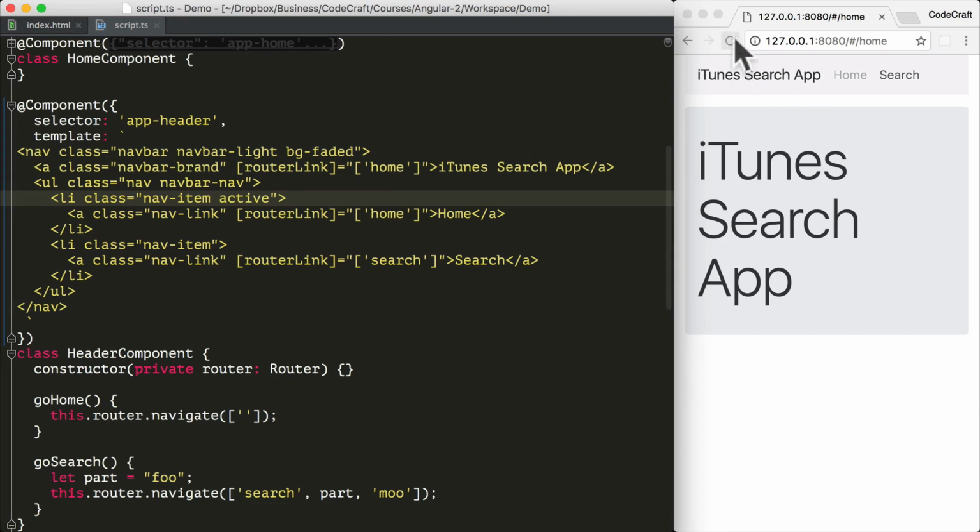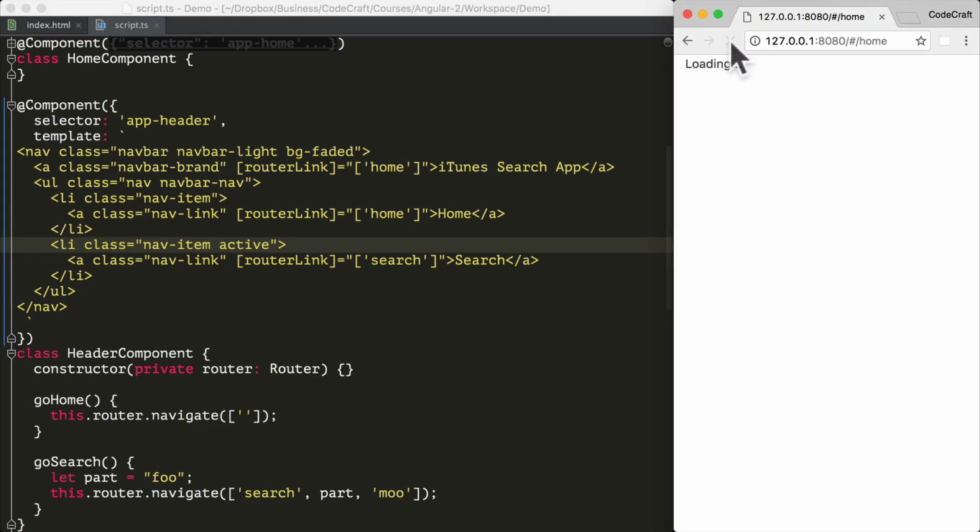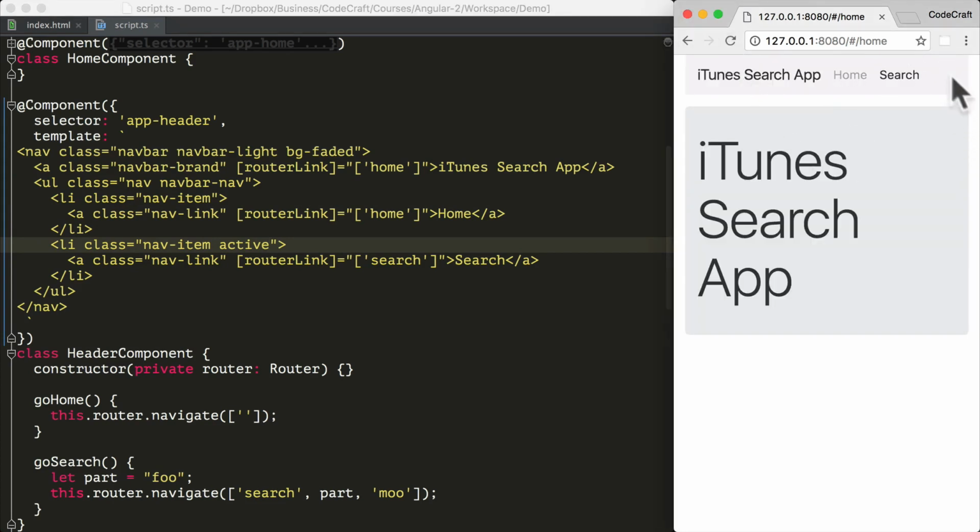And now if I refresh our page, hopefully you can see that the home menu item is a darker color than the search menu item. And again, if I move that active class to search, then refresh the page, you can see that the search menu item now has a darker color. So that's what we want to achieve. So we want to add and remove the active class to the appropriate LI tag depending on which route is